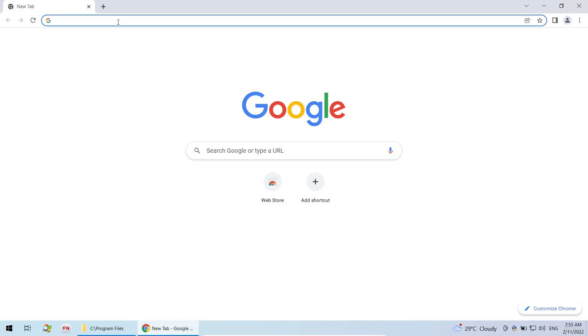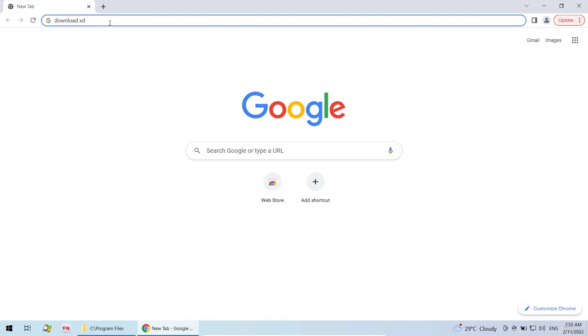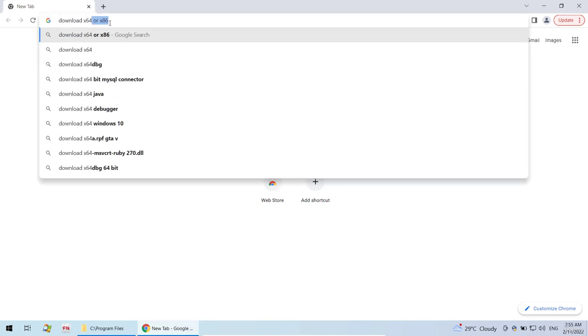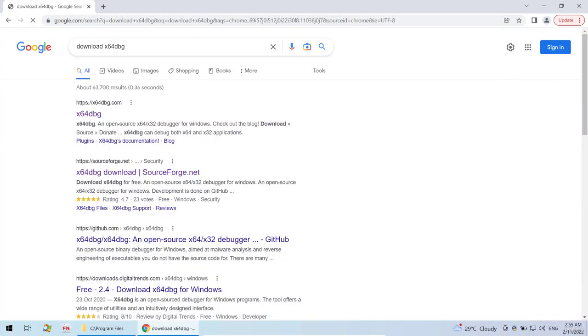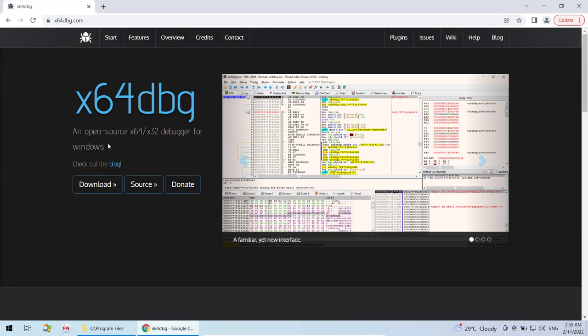And then here I search for download x64dbg. It is popularly known as x64dbg, although it can also run 32-bit programs. So that's the one. Click on download.